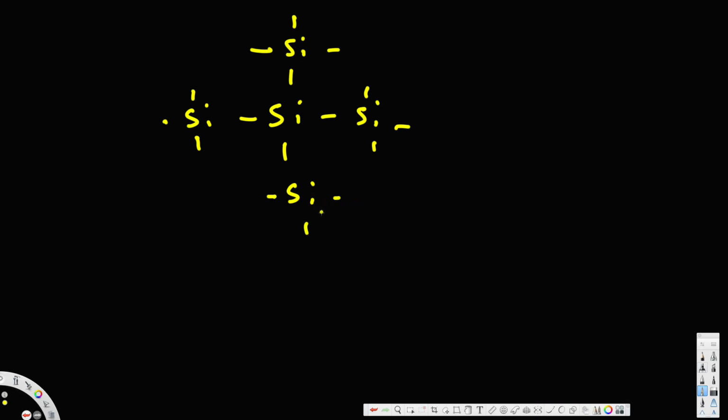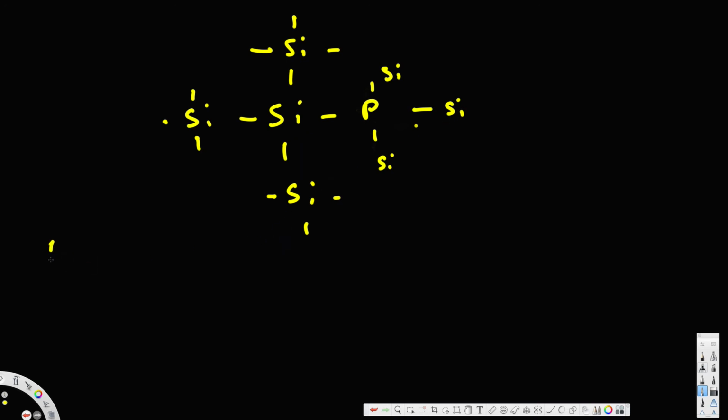Now if we bond this one with phosphorus, let's get rid of this silicon and bond it with phosphorus. So we are going to have silicon here, silicon here, silicon here, and